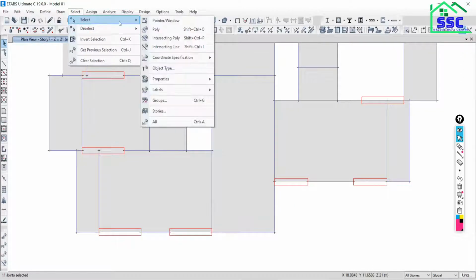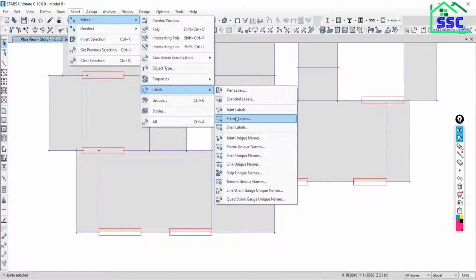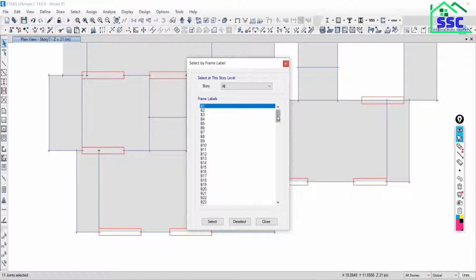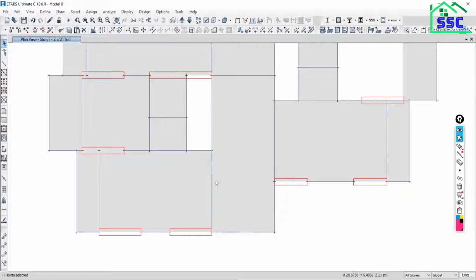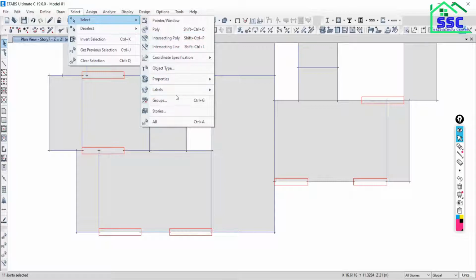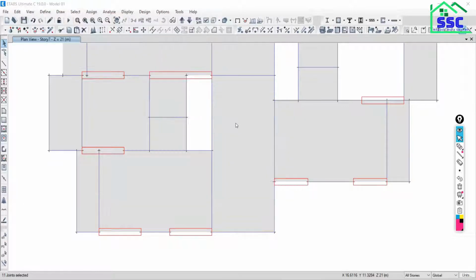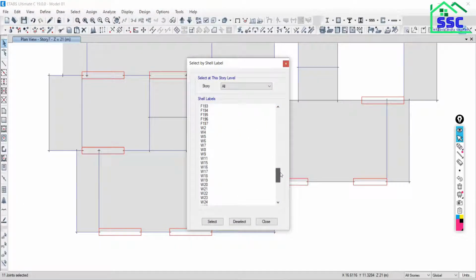Go to select, go to labels, shell labels, 181.